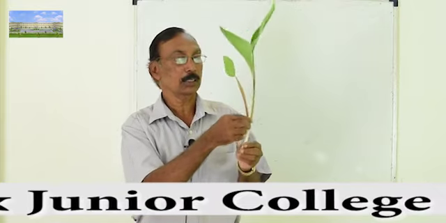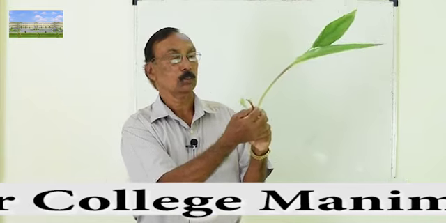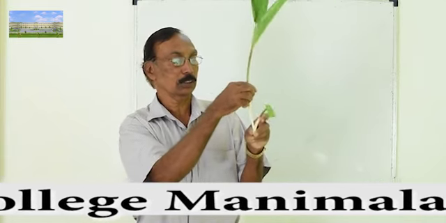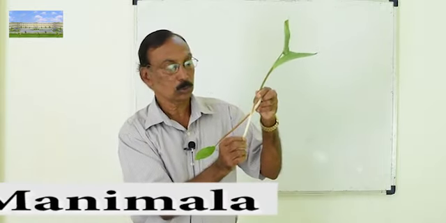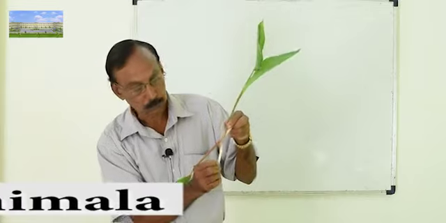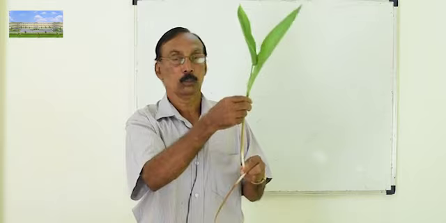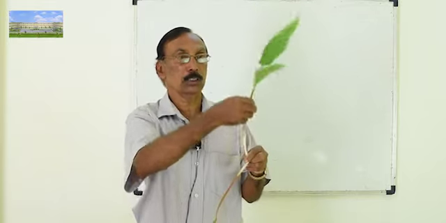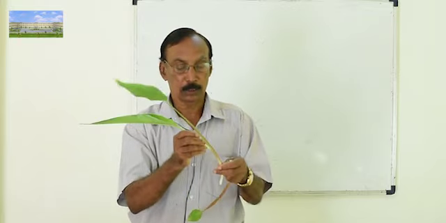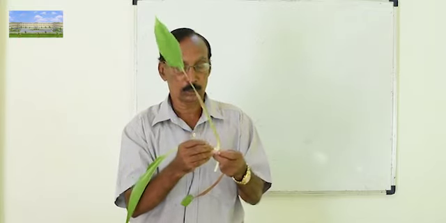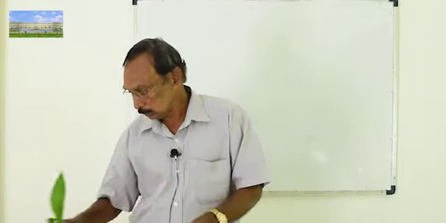Intercalary meristem is in the plant, mainly monocot plants. If you remove the leaf, like this, grass also you can see, this part is very tender, very soft. This very soft part is actually the intercalary meristem. It has actively dividing cells, which makes the plant grow at the node, meaning the length will increase. If you remove the leaf again, from the next node you will be able to see the meristem again. So this is what is called intercalary meristem.